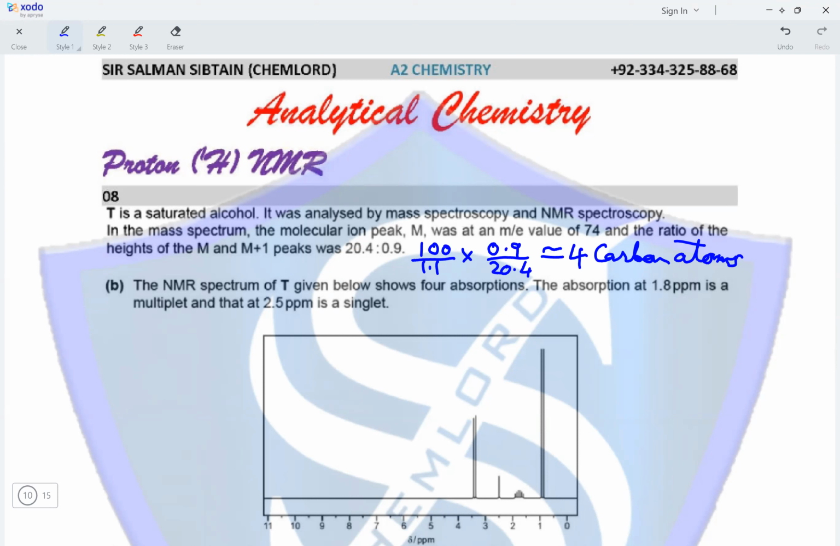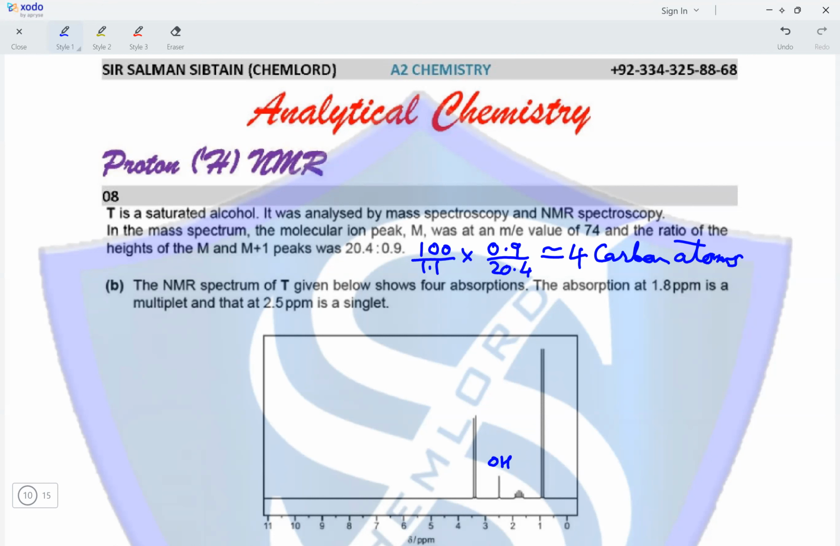The first environment is a doublet because it is next to a single proton. The second environment is a multiplet because it is between multiple protons. The third environment is a singlet, and since it is an alcohol, this is the peak for the OH group. And the fourth environment is a doublet, which is also next to a single proton. So in total, there are 4 absorptions present in our saturated alcohol and 3 environments corresponding to the 4 carbon